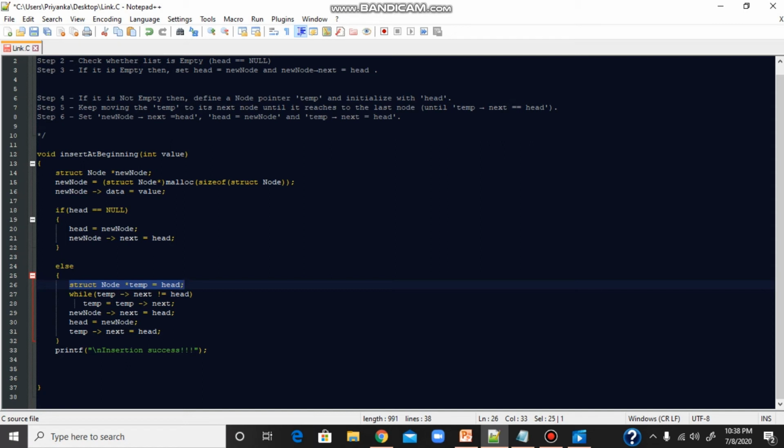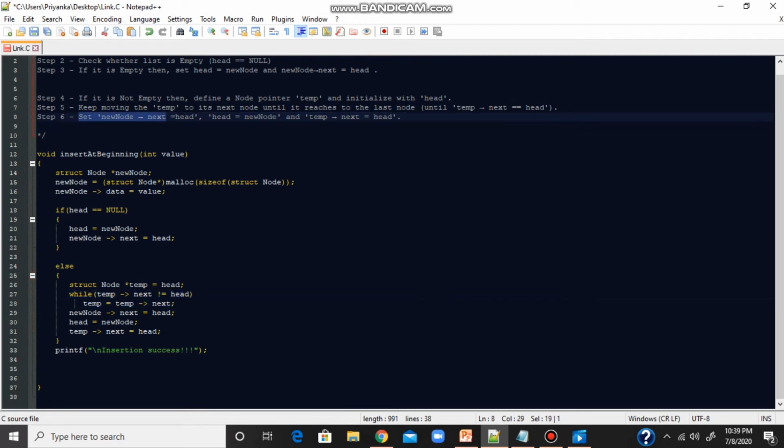Then as step 5, we will keep moving temp to its next node until it reaches the last node. That is, we are moving until we find the next of temp as head. So here you can see that a while loop has been implemented. While temp's next is not equal to head, we will keep moving to the next node. As the next step, we will be setting the new node's next.